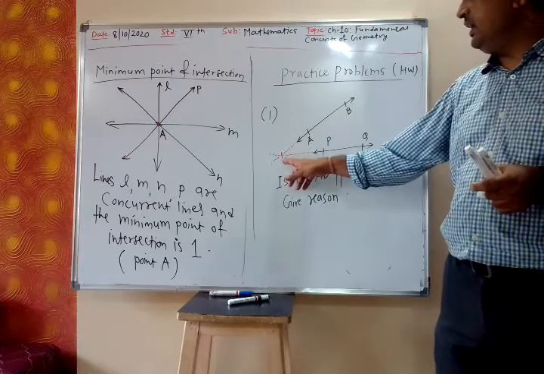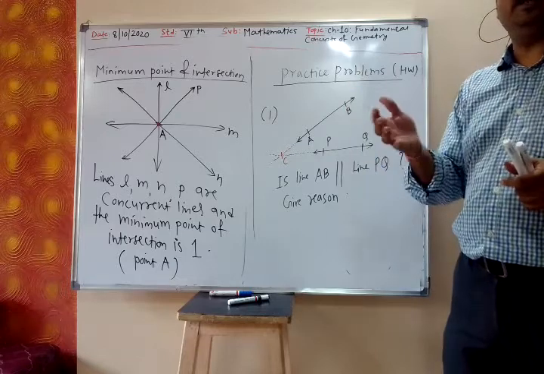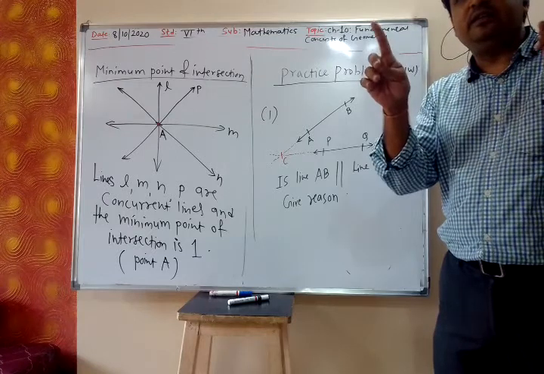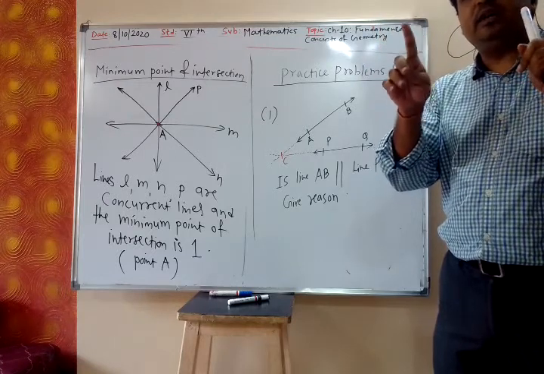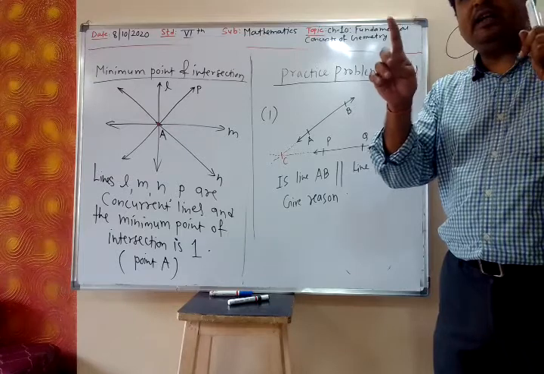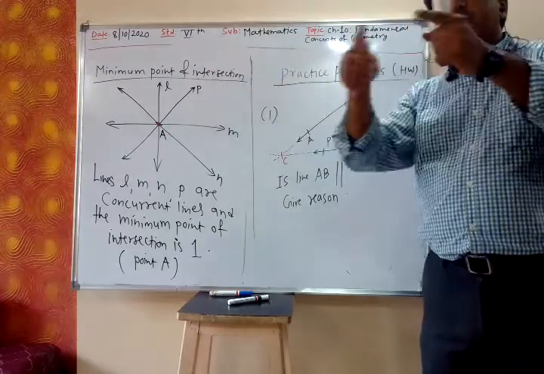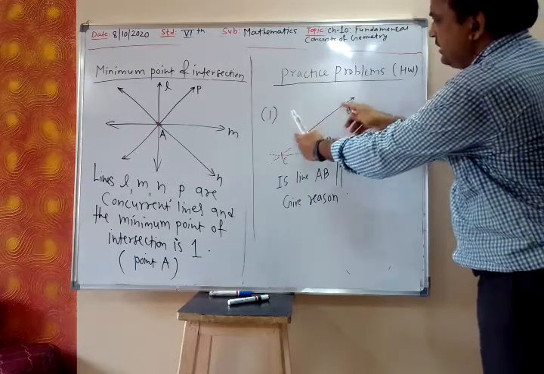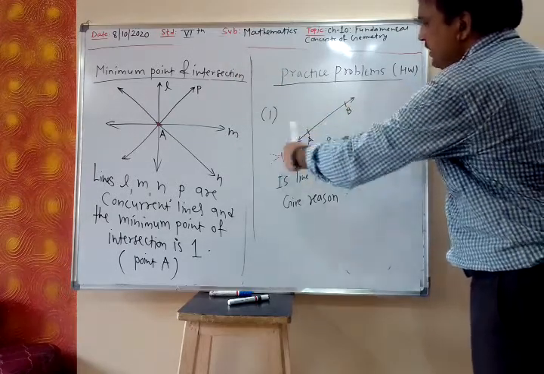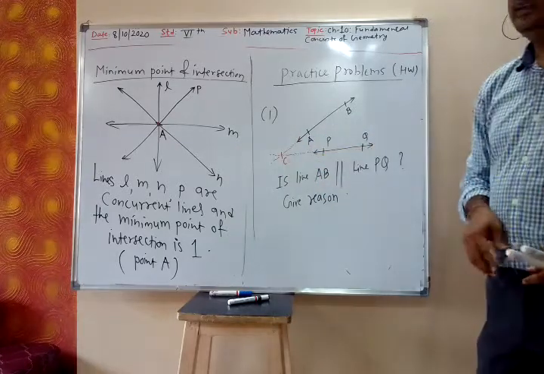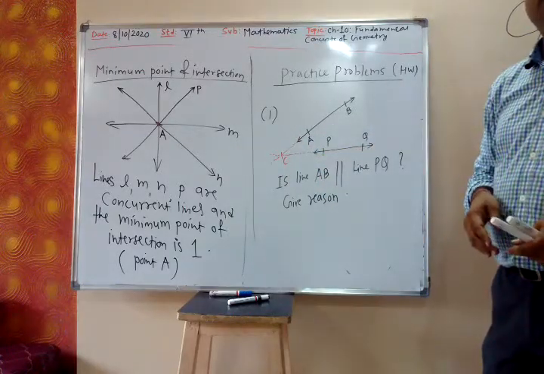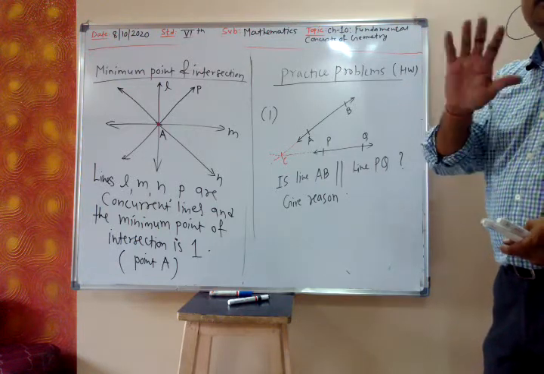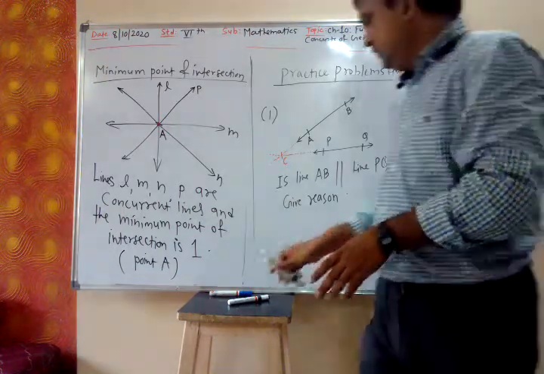they meet each other at C, so they are intersecting lines. See the concept of a line: a line has an arrow at both ends. Arrow means that end can be extended further. So when the line is extended further, both lines cut each other at point C. If the lines meet each other at point C, that means they are intersecting lines. If they are intersecting lines, they are not parallel lines. This is my one question.